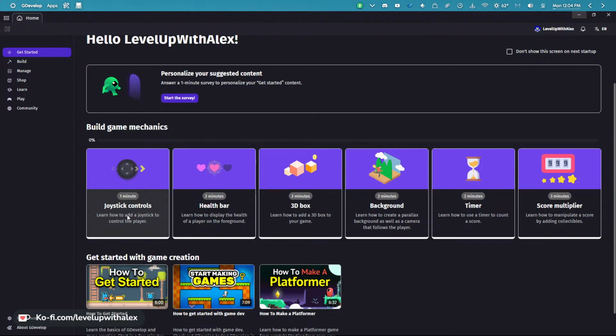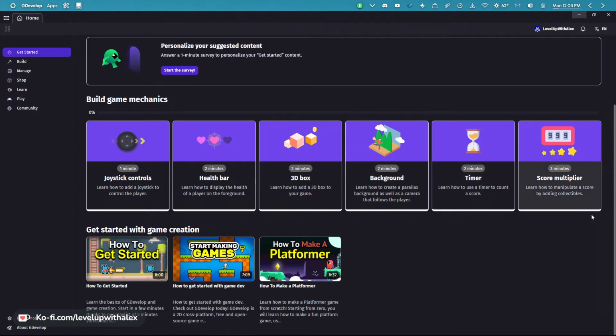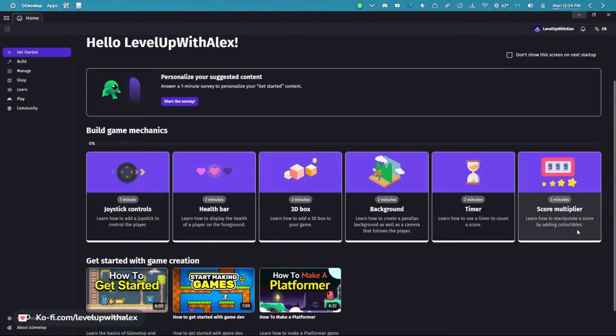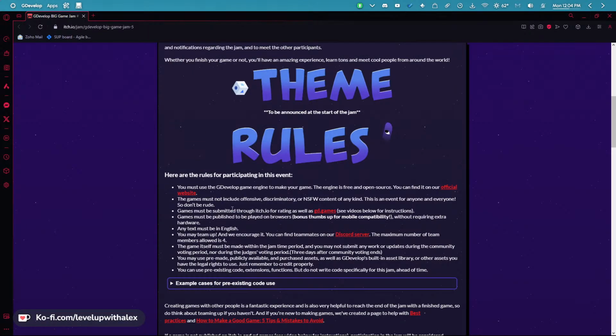So between joystick controls, the health bar, using some 3D stuff, figuring out backgrounds and parallax, timers and score multipliers, those are serious fundamentals that you should do, so that way you are game ready. So complete these if you haven't. I have other accounts, or have gone through other accounts, so that's why it's uncompleted here. But you should do that because they're very short and they will teach you concepts that are critical to game design. Now, going back to the rules,